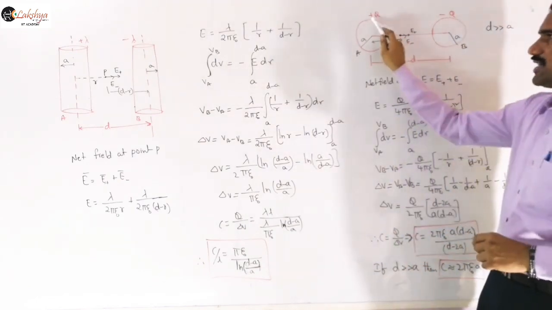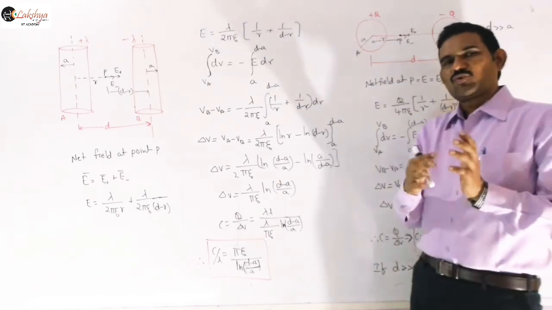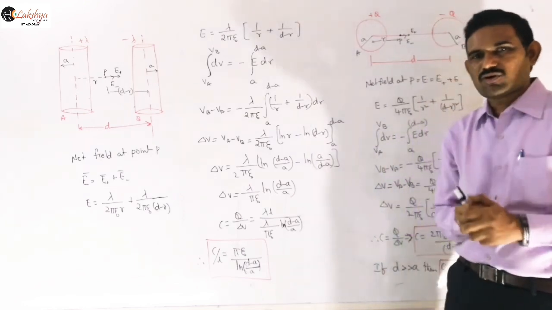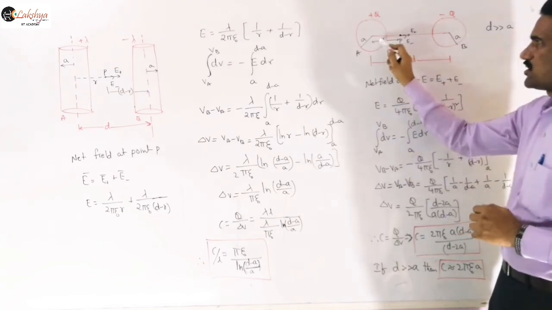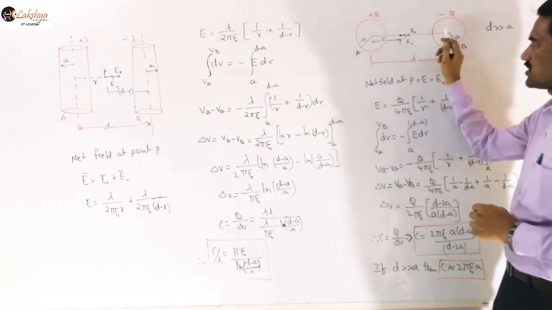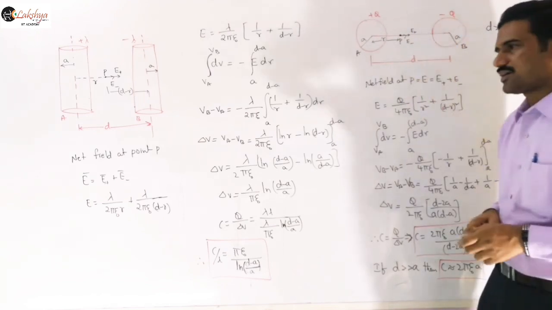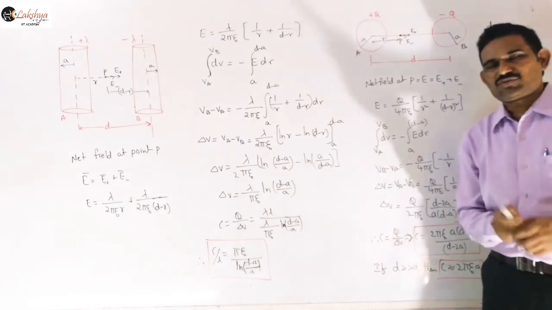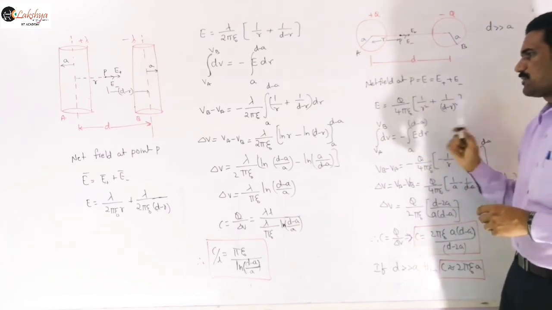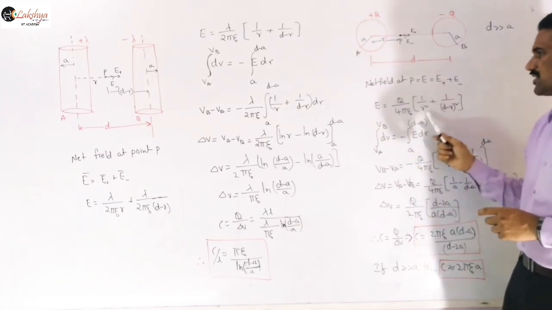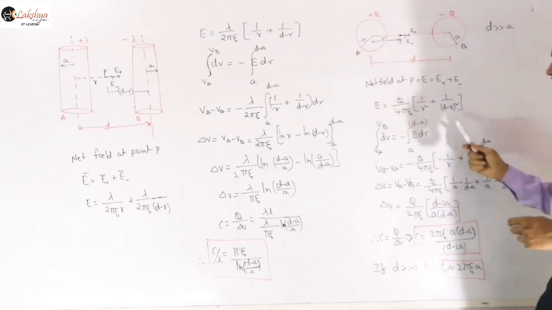Our procedure is the same as in the previous problem, just the expression for the electric field will differ. Here again I am assuming Q is the charge on this sphere and minus Q is the charge on that one, because the two must carry equal and opposite charges. Then we write the electric field at a point. The field due to the positive charge is away from the charge, and the field due to the negative charge is towards the charge, so E plus and E minus are in the same direction and we need to add them. Simply the spherical field: Q by 4 pi epsilon naught r square for this sphere, and for the other sphere the distance will be d minus r, so Q by 4 pi epsilon naught (d minus r) whole square.